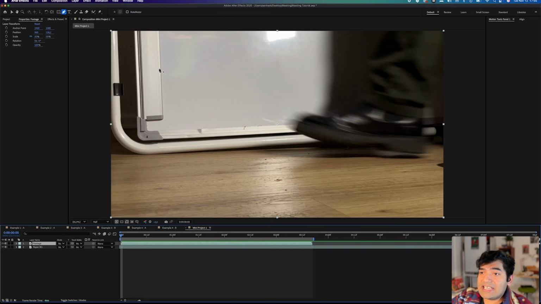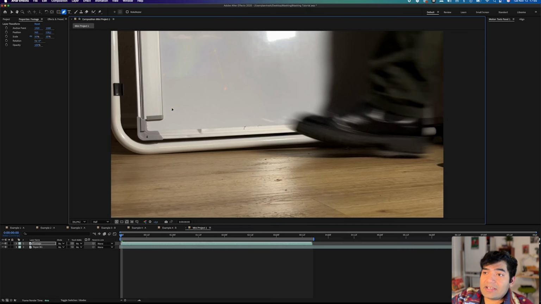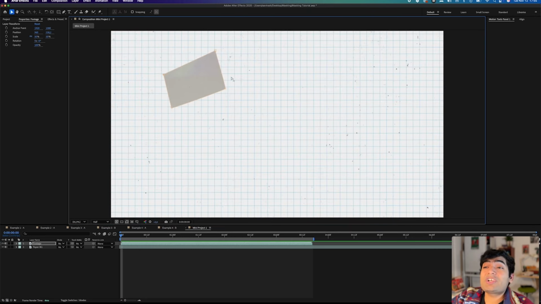Let me just delete the shape layer. If on the other hand, I have the pen tool, but I have the footage selected, automatically the pen tool will have the mask option turned on. And that is this small square with the dot in the middle. And now if I create a small shape, it's going to create a mask